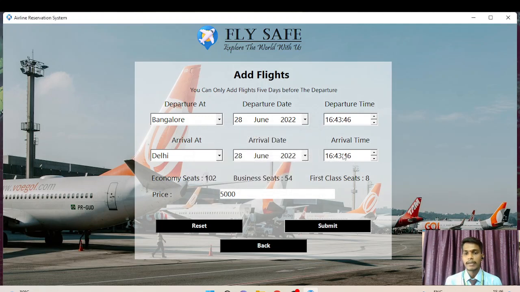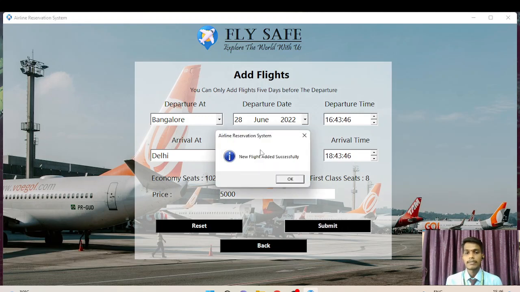You have to change the value of the arrival time, like 50. So now it will allow you to add the flights. So now the flight has been added to the schedule. New flight added successfully. As soon as I click on this OK, you can see there are values